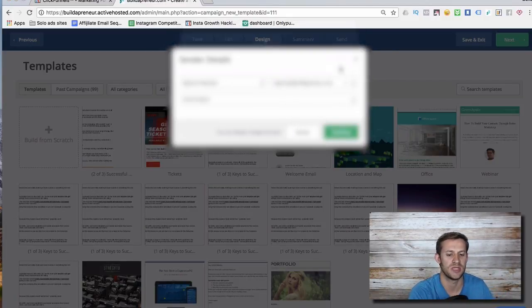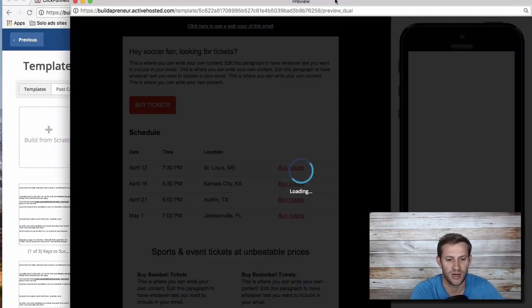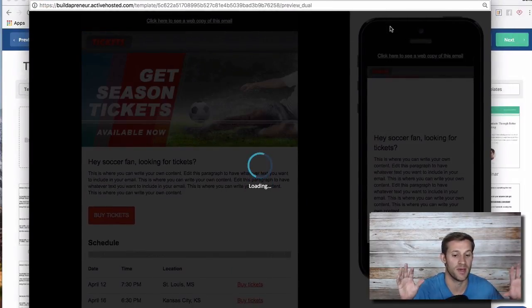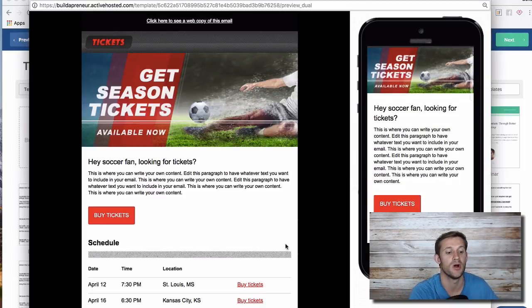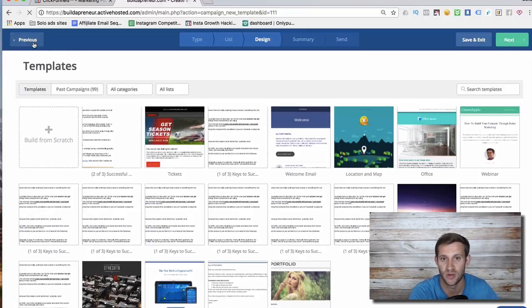This is all pretty basic, and most email autoresponders have this, so I'm not going to run into it a ton, because realistically, building an email in an autoresponder, as you can see, is pretty basic, pretty simple. Once again, ActiveCampaign has thought out everything, and you can see what it's going to look like on mobile. You can see what it's going to look like on a desktop, and very, very simple to see both, right? And a lot of them don't offer things like that, but I'm not going to hash on that, because as you can see, you can build beautiful emails using templates just like you can with other autoresponders. But you can also see, wow, they actually thought out, like, I want to preview in both and things like that. Just another example of ActiveCampaign thinking things through and actually putting the time in and caring what their platform looks like.